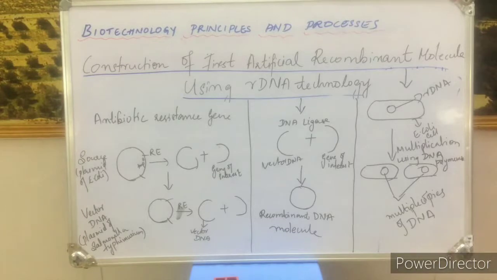In the coming classes, we are going to see what the restriction enzymes are, types of restriction enzymes, mode of action of restriction enzymes, and what the different types of vectors are that are used for cloning of plant cells and animal cells, because you are going to produce multiple copies once again, and this basically depends upon the vector. And what are the properties of the vector? All these we are going to study in the further classes.